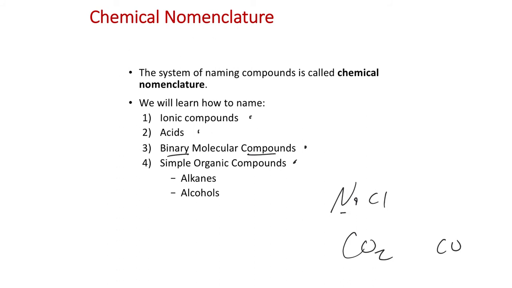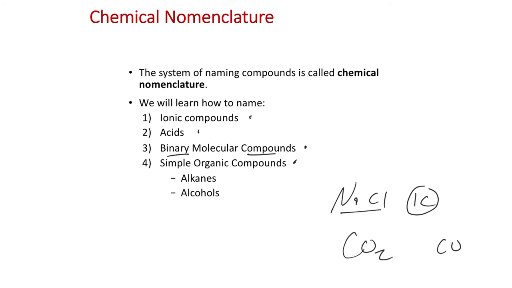But NaCl is an ionic compound, so it's not fitting for that molecular compound. So it's not a binary molecular compound. It's going to be best named for being that ionic compound. So you may look at a compound and try to say which of these categories it best